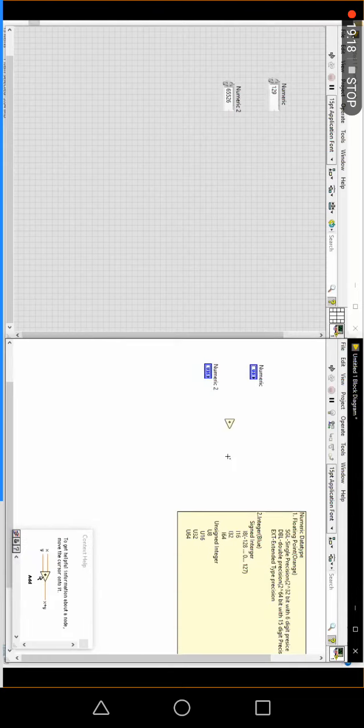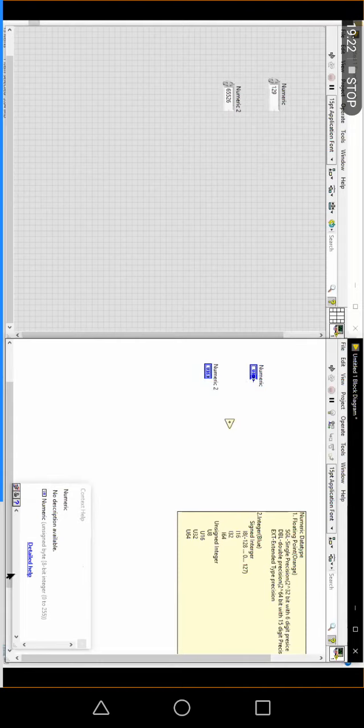So the indicator, let me delete this one. Now in this place you have a numeric available. Now see the data range here. What is the data range you are getting? The data range will be 0 to 255. U-Wide represents the unsigned value. Here you don't have any negative numbers available. Only positive numbers will be available, 0 to 255.